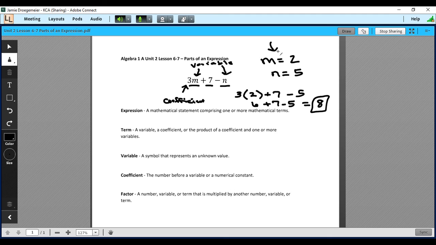All right, that's all I've got for you guys today on parts of an expression. We want to be able to identify the different parts of an expression and also be able to evaluate an